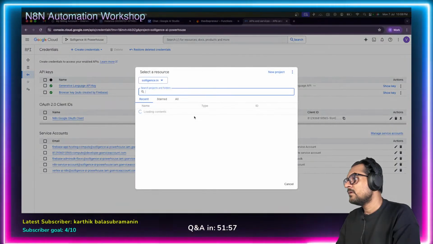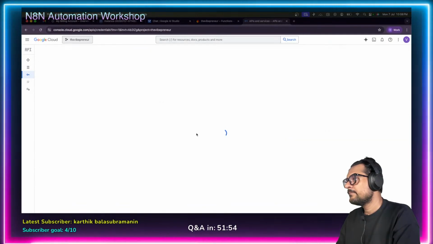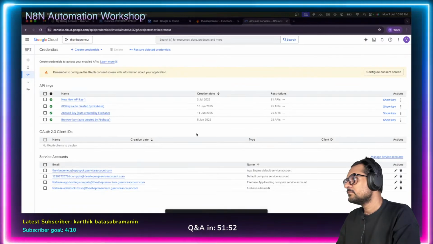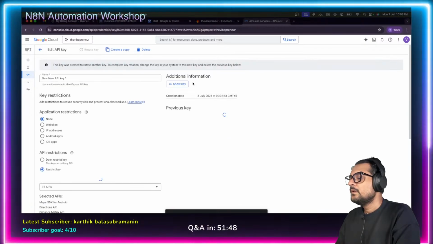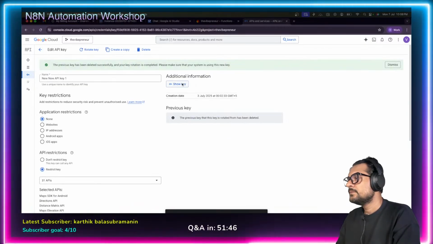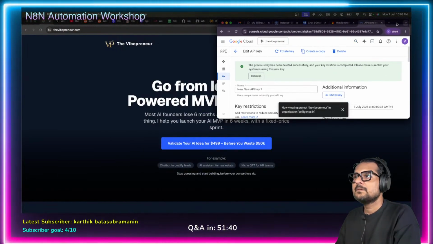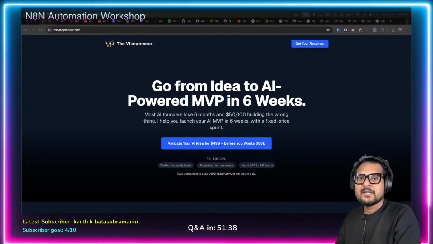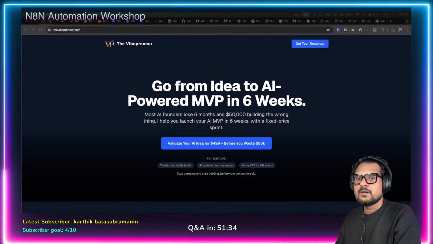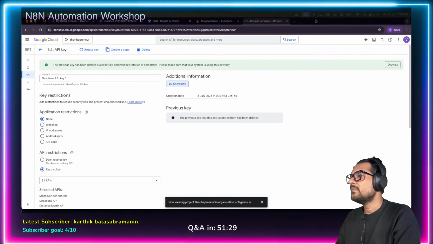Okay, I'm in the wrong project, I guess. Yeah, this is the API key. So let's do that. This time I'll hide the key, in case I even forget to. So I have copied over my API key,